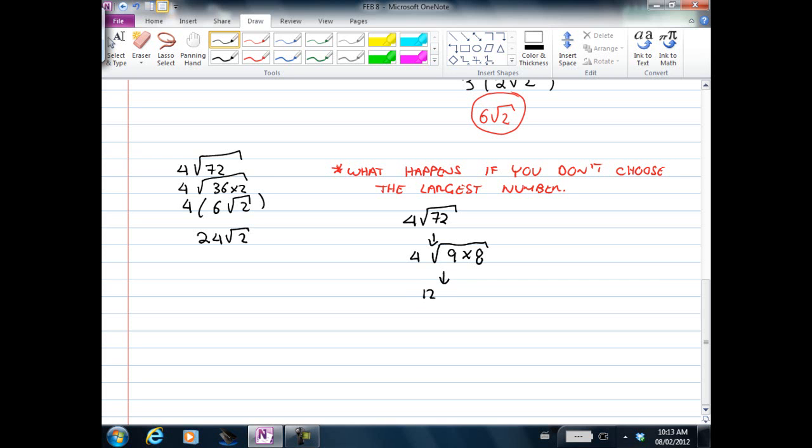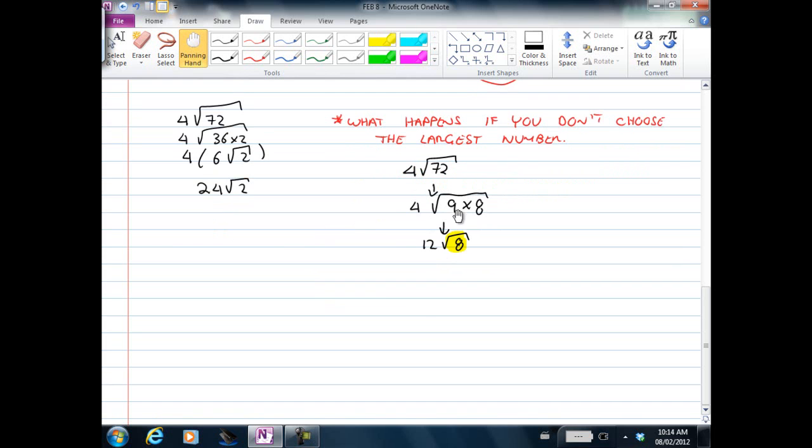12 root 8. That's correct. But would you agree that you can simplify this root 8 again? So simplify root 8. If you don't choose the largest number, what you end up doing is doing it twice. That's the only difference. So if you want, you can choose the smaller number and just do it over and over again. So now I'm going to break down root 8 into 4